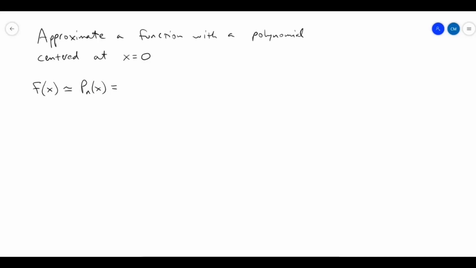What does an nth degree polynomial look like? It has some coefficient. It's got x to the nth power, right? That's an nth degree polynomial. And then it's got some other coefficient. And then we've got one power lower than that, and then a coefficient associated with that lower power. And then we've got a coefficient that's associated with the one that's 2 less than that, and so on. Right? And so this just keeps going until we reach like the second term, and then eventually down to the